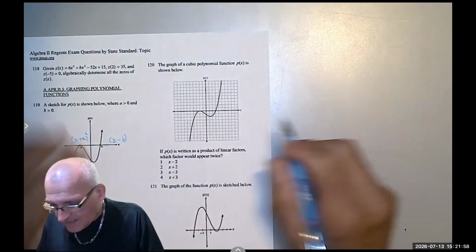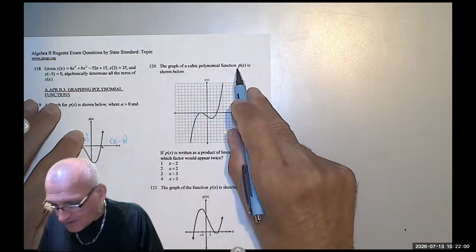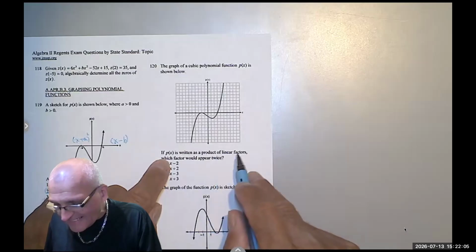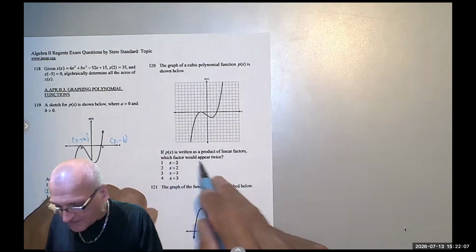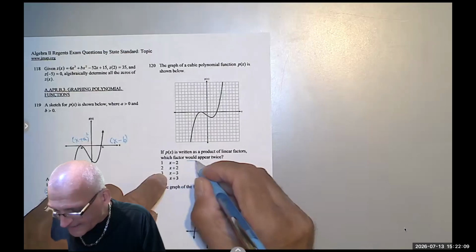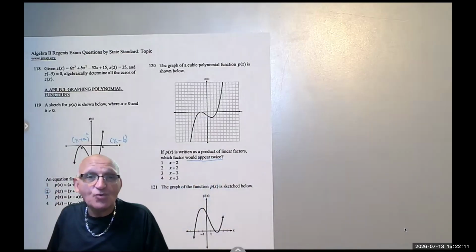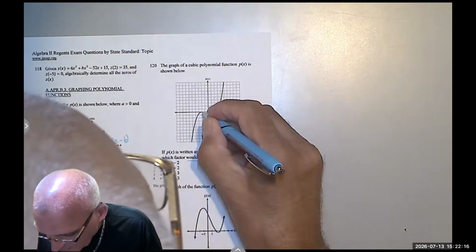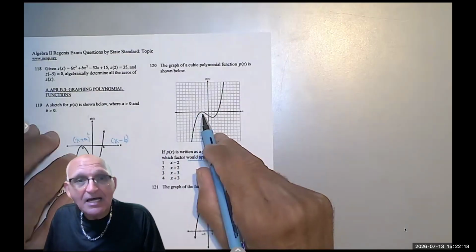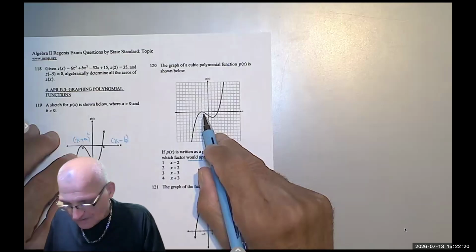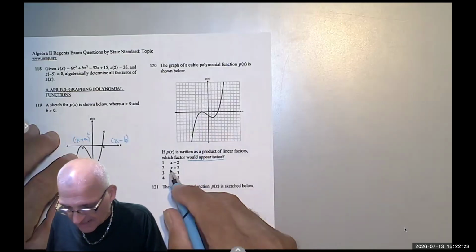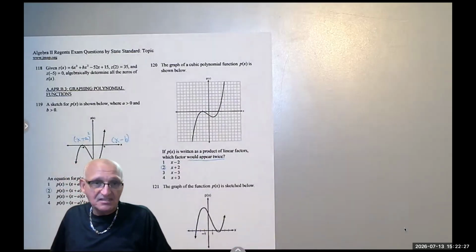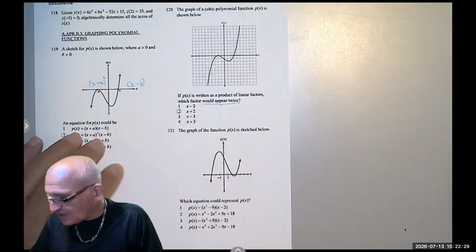Let's look at this. The graph of a cubic polynomial is shown below. If p of x is written as a product of linear factors, which factors would appear twice? Meaning it would be squared. 1, 2. So x plus 2 quantity squared. Here is x plus 2, and it would be appearing twice. Easy, right? Move to number 3,